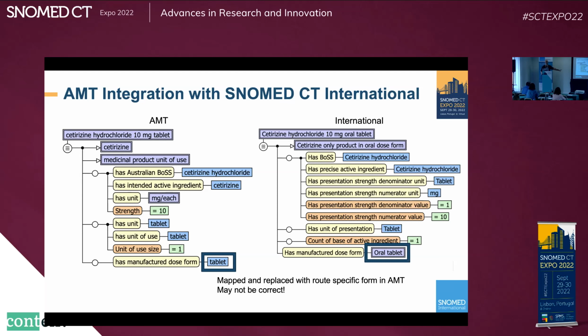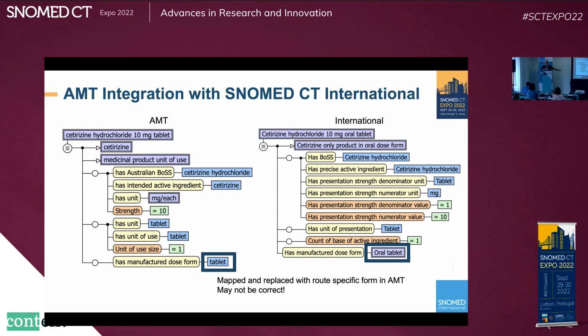So what I did to generate this was essentially the same thing with AMT. As I described, I created these axioms to be able to join its description logic up with SNOMED International's description logic so they can classify together. I also did the same thing with DMD. I actually had to write the axioms for DMD because DMD doesn't have an existing logical form that's sufficient for that. Classified them all together, and then looked at what overlap we have between the